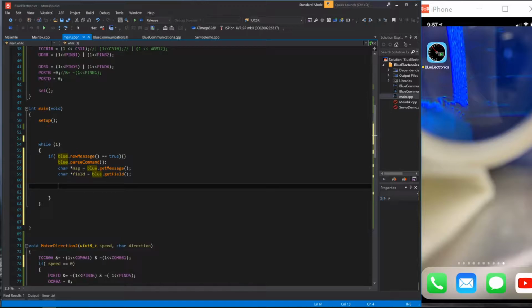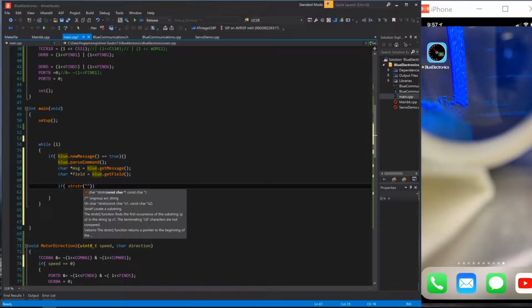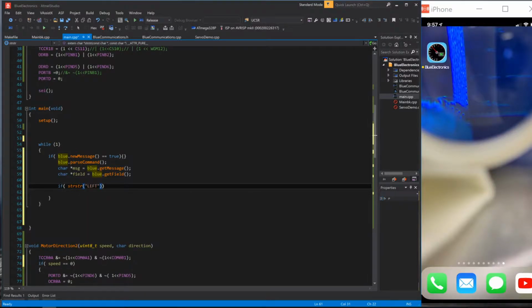We are going to be sending commands, one called left and one called right. This is a tank or a track car, and it has two motors, so you can control the left or the right. So we're going to say, if the left track is the one sending the commands,